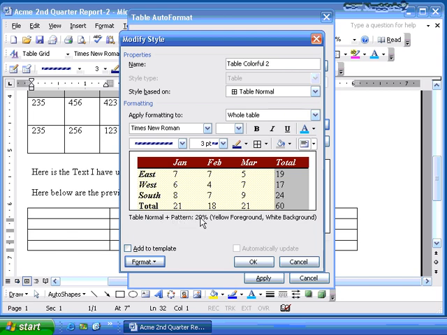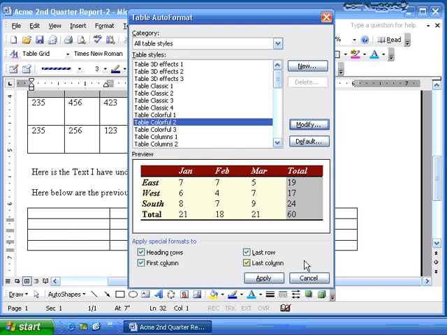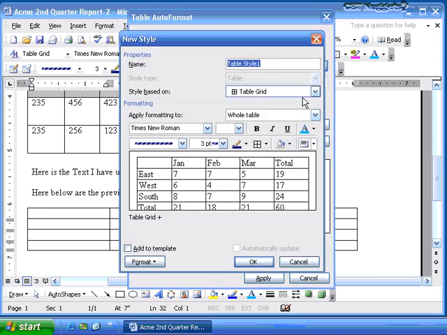Table normal plus pattern, 20% with a yellow foreground and a white background. It gives you all this information, and then you can manipulate it if you want and create a new or modify the existing style. So I click cancel because I don't want to modify it. If I wanted to do a new style, same thing. I click new. It will base it upon the existing table grid, which is, or you can go, you know